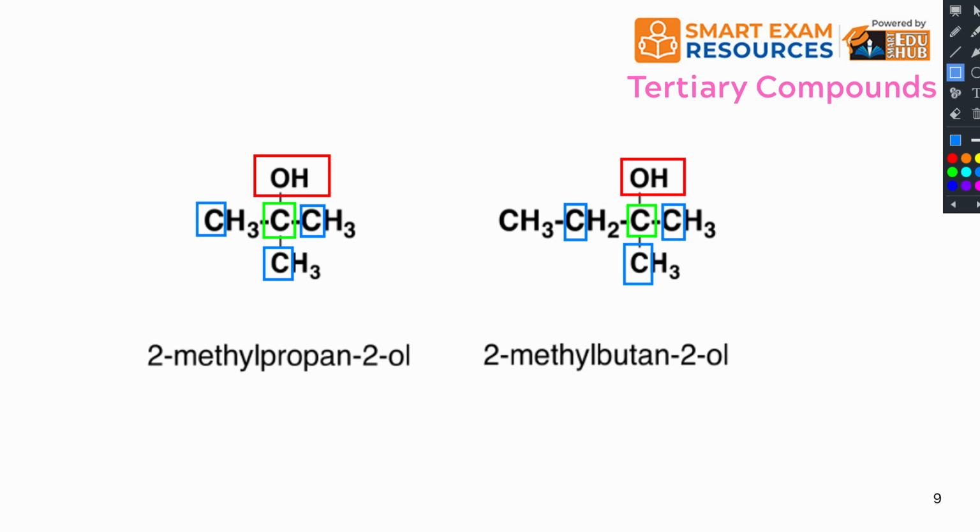So both these alcohols that are shown on the screen are examples of tertiary compounds. These are tertiary alcohols, and they are the tertiary carbon atoms that are reflecting this kind of bonding. And the compound is a 3-degree compound. It shows the degree of substitution. So, well, I hope that I was able to make you understand the difference between the primary, secondary, and the tertiary compounds.